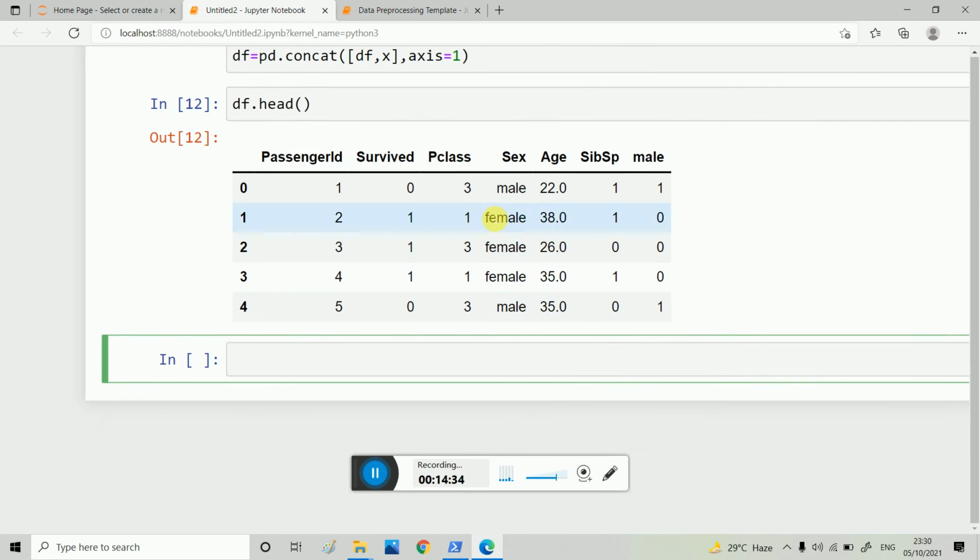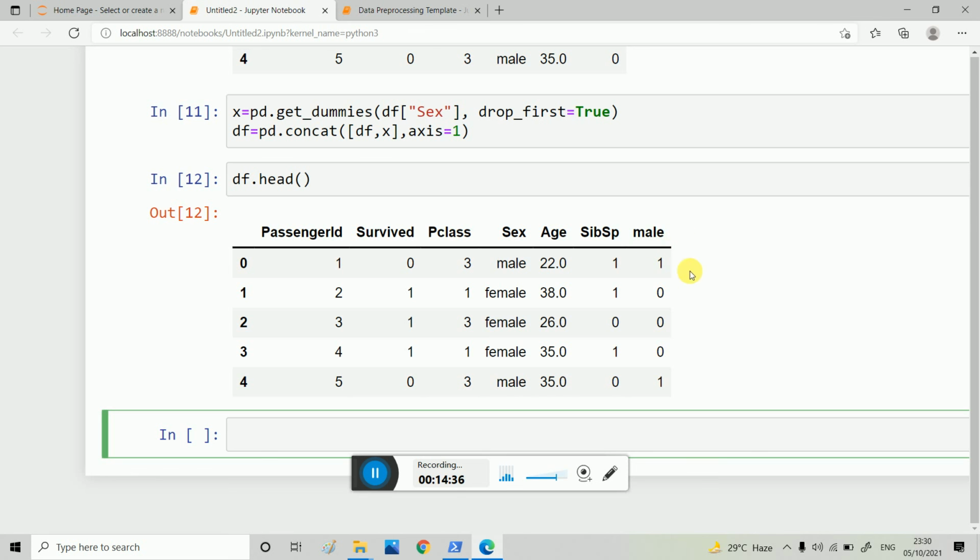I think you understand that I have created a male column, and 1 0 0 0 1 means here male, so 1 is male, female 0. Firstly I take a variable pd.get_dummies of df of sex, drop_first equal to True, means first is male, so here male comes. If one person is male, here 1 comes, otherwise 0 comes. Okay, and I have created another column and merged it, concatenated it in that data frame.